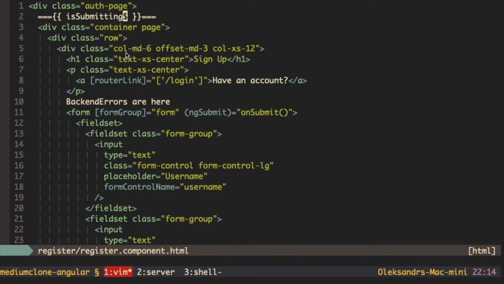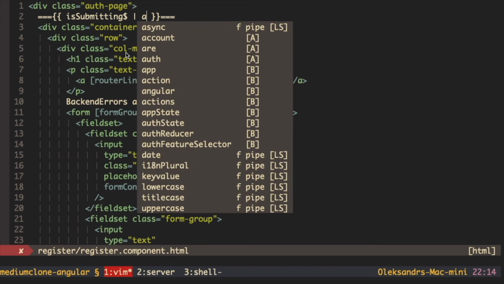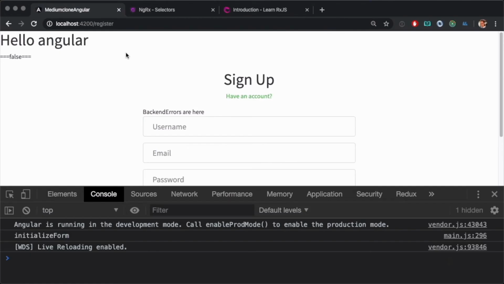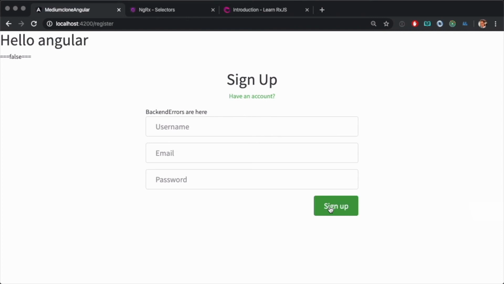And luckily in Angular, there is a special pipe which is called async. So we can write like this, pipe async, and we're using async when we need to get a value from observable. So here, let's reload the page. As you can see that we have here false. And now let's just click on sign up. And as you can see here, we have true,